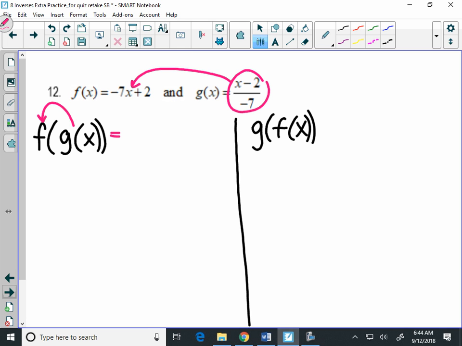So to do this, we're going to start with negative 7. Now instead of x, you're going to take the entire quantity, x minus 2 over negative 7, in parentheses for that x. Then add a 2. All right,